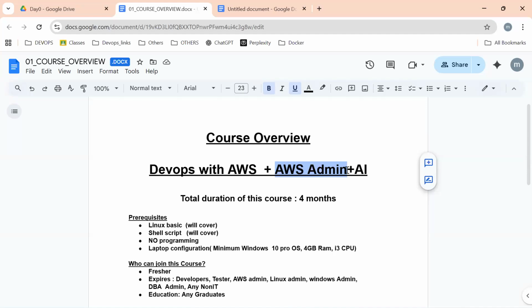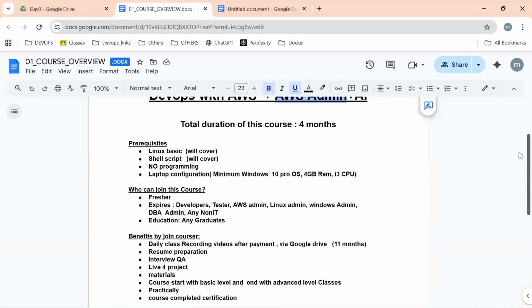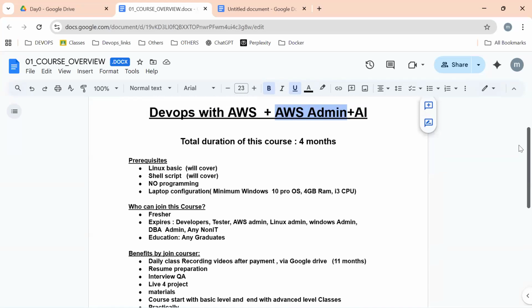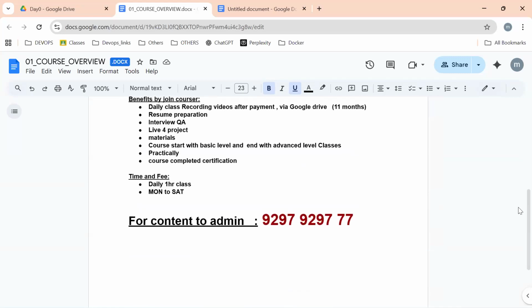Sir, is this syllabus enough for cracking any product-based startup? Product-based, yeah, you can do it. I was asking whether this syllabus is enough to crack any product-based or startup companies. You want to start, am I right? No, I don't want to start, I want to join. Yeah, you can. This suits any company.